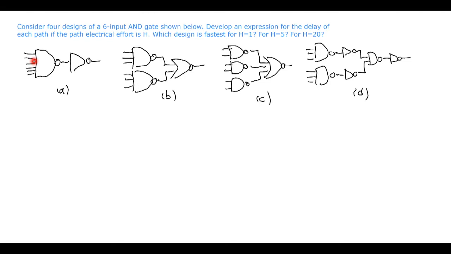And in order to develop the delay expression, we need to know the G values, the logical effort values of the gates along our path. We have a single path, and we have a 6-input NAND gate and an inverter on the path. So let's first write down those expressions, the G values,